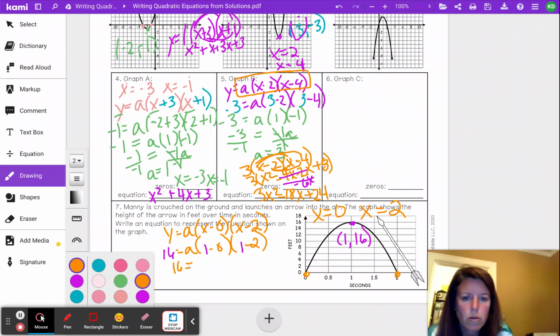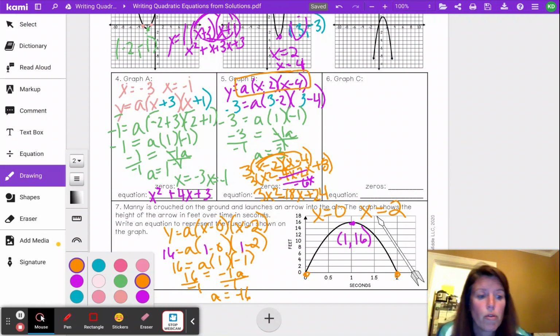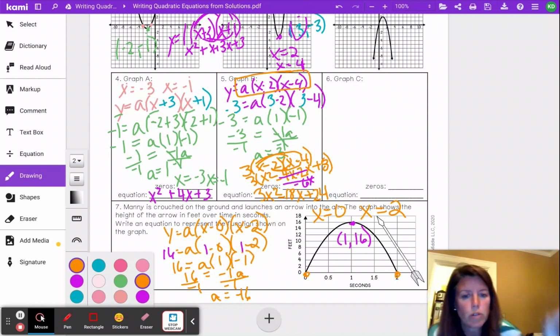So 16 equals a times 1. 1 minus 0 is just 1. And then 1 minus 2 is negative 1. So this is negative 1a equals 16, divided by negative 1, divided by negative 1. a equals negative 16. So our leading coefficient is going to be negative, which matches our graph. It's a frown, upside down, negative. So that works. Now we're going to rewrite our equation